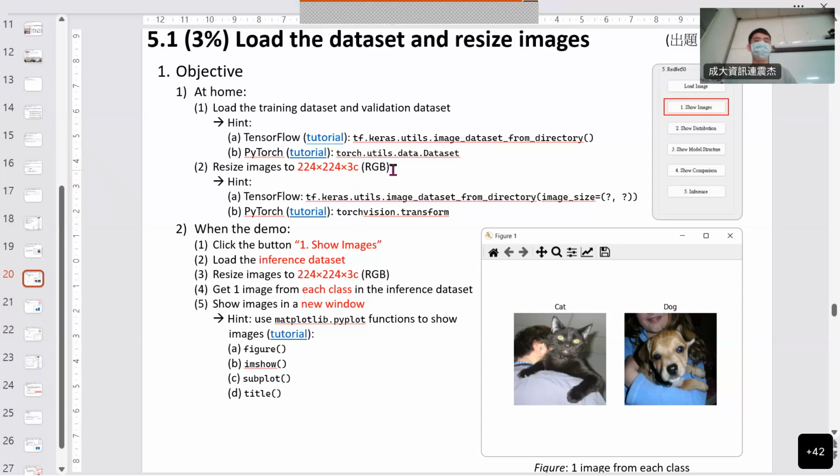It is an RGB image. So here are also the functions you may need for TensorFlow or for PyTorch. Okay, so when the demo, you will click on the button Show Images in your GUI program to load the inference dataset, resize images to 224 by 224 by 3 channel, and get 1 image from each class in the inference dataset, just like this